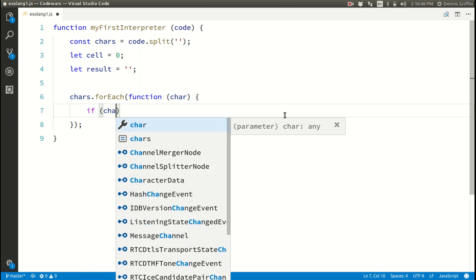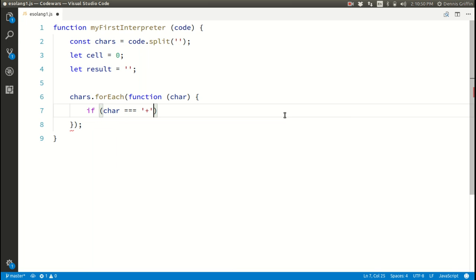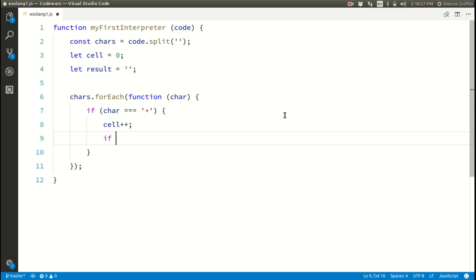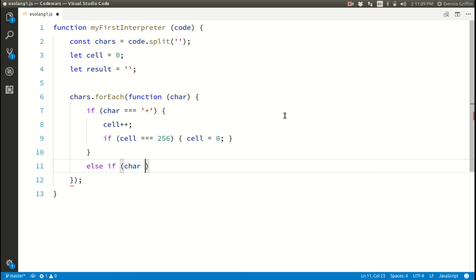So if char is equal to the plus sign, I'm going to increment cell by 1. And if that cell as a result is equal to 256, I'm going to set it equal to 0. Reset it, if you will. Now if it finds the period,